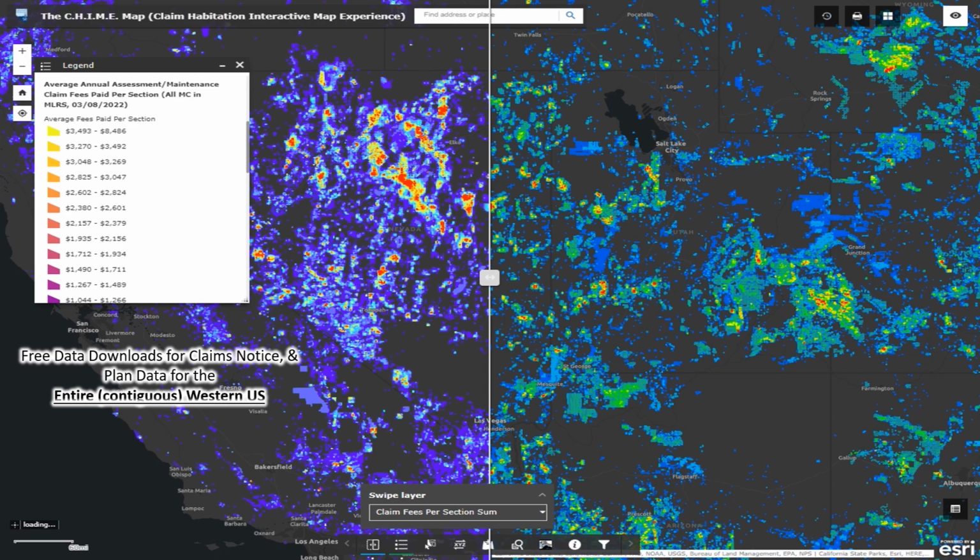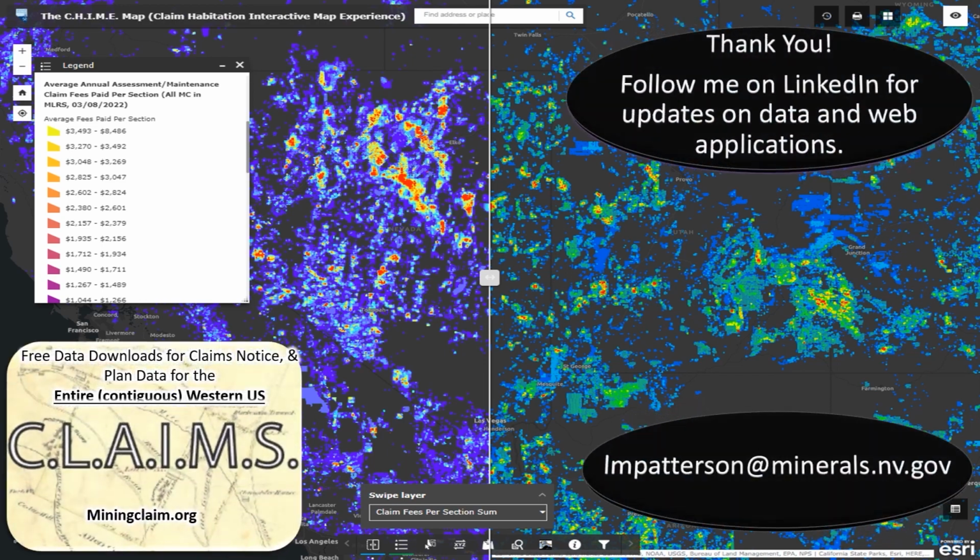I would also like to make mention of the claims site. This site is a free, emphasis added, platform for exploring and downloading BLM mining claims, plan, and notice geospatial data for the Western U.S.,